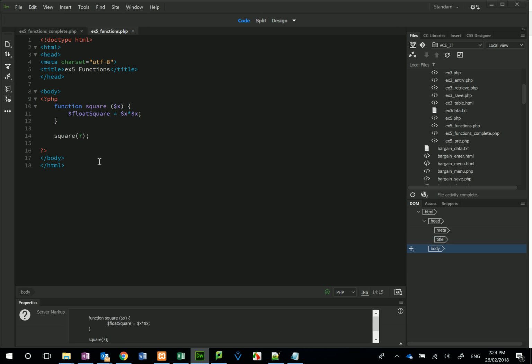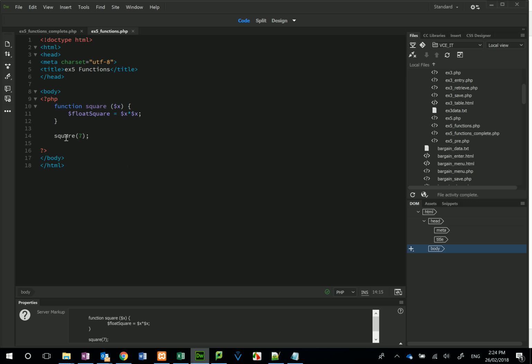So I'm going to do my little cheat back here, and I've got it there, and I'm going to refresh it. It's certainly seen the new one because I can see it now up here. It says exercise 5 function, but nothing's happened. Why has nothing happened? We don't seem to be getting anywhere here. Well,